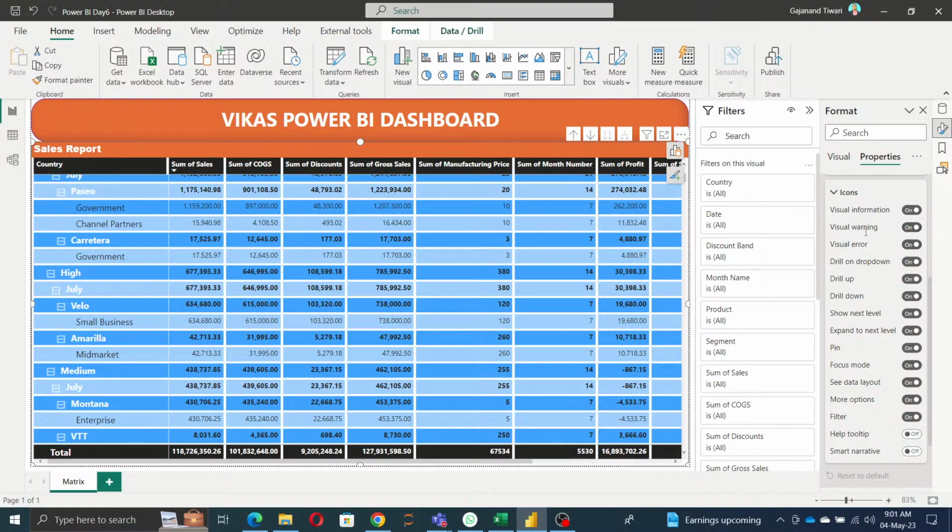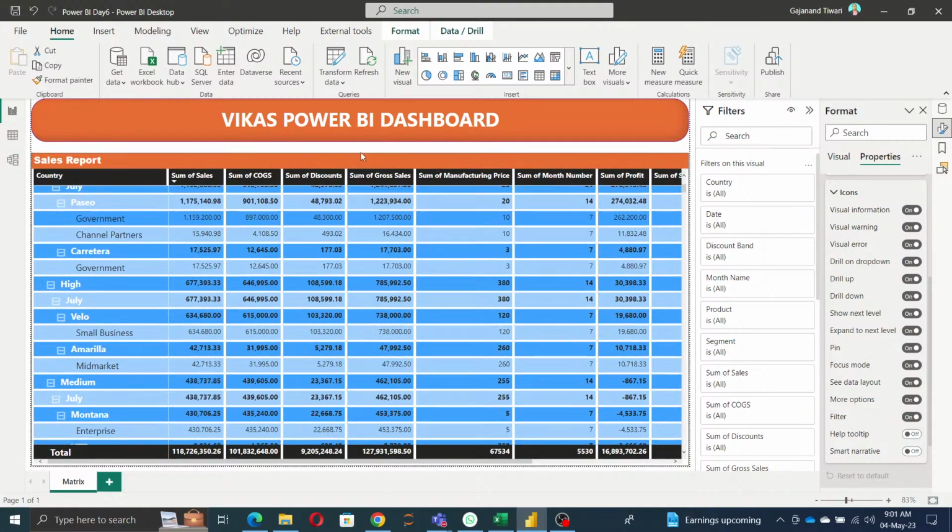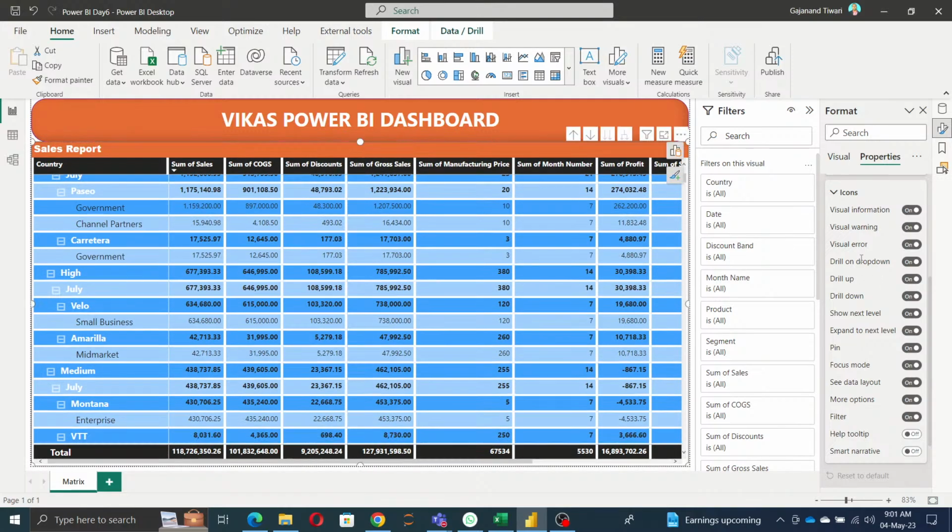विजुअल वार्निंग, कभी कभी रिपोर्ट हम जब बनाते हैं तो कुछ डेटा में प्रॉब्लम होती है, हो सकता है कि डेटा फिट न बैठ रहा हो तो एरर्स आते हैं, तो वी विल सी द वार्निंग। नेक्स्ट विजुअल ड्रिल अप ड्रिल डाउन पॉसिबल है कि नहीं, चाहिए जो ऑप्शन ये ड्रिल अप है, ये ड्रिल डाउन है, ठीक है, तो इसको भी यूज कर सकते हैं।